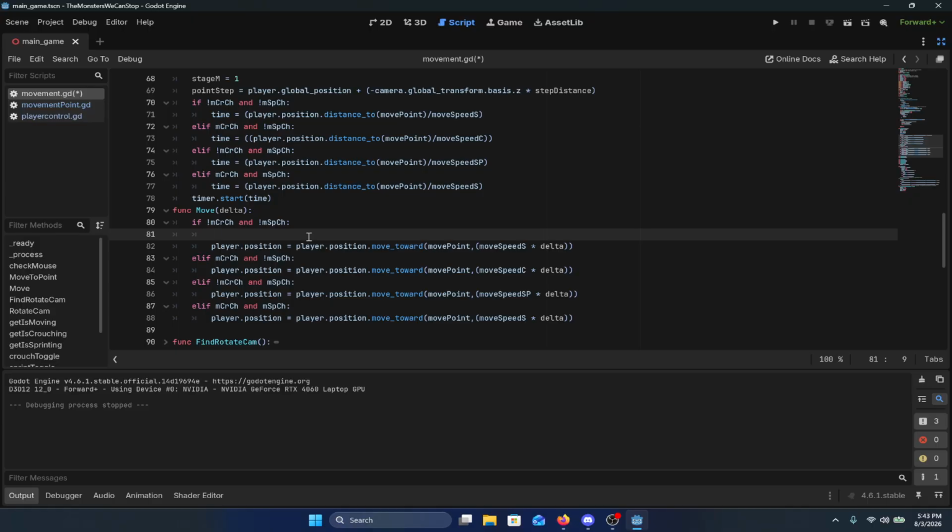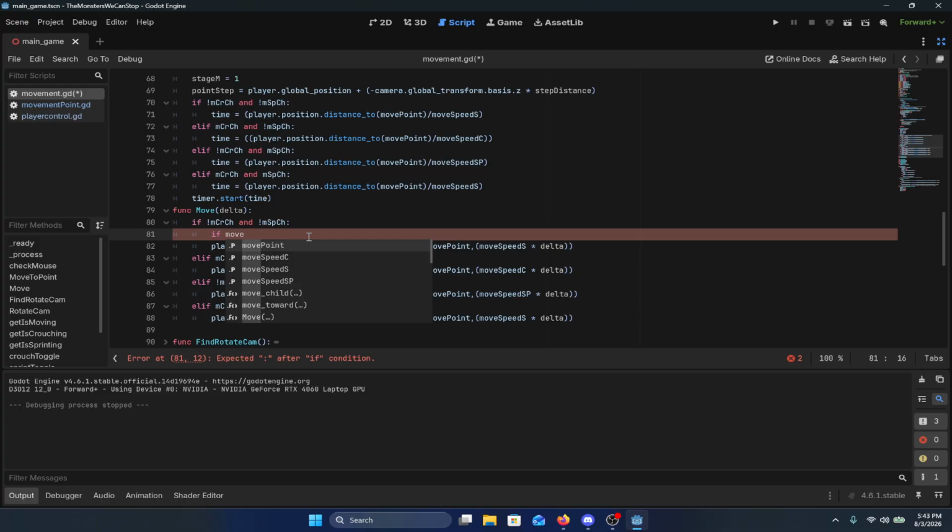Once we're in here, if stage m is equal to 1, which it is,